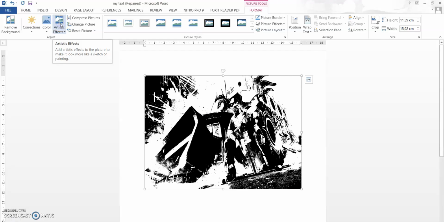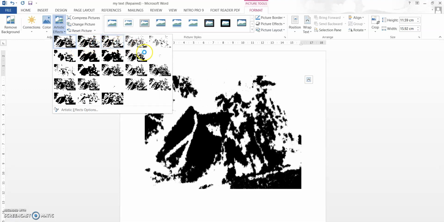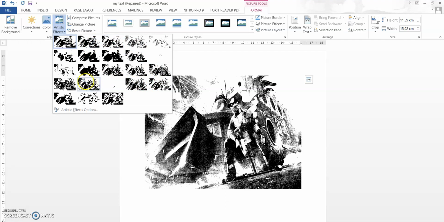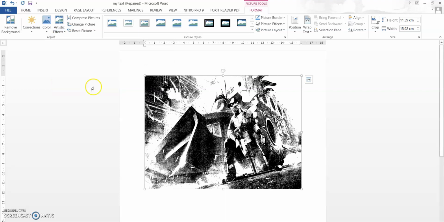like this. So when I click artistic effects, there are many effects, like blur. See, like this, if you want to texturize and sketch, this will be very good if you want to click a family photo and make it into a pencil sketch. So this will be a very good option.